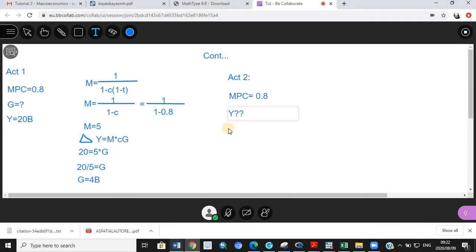A, if autonomous consumption increases by 20B. B, investment decreases by 5B. C,